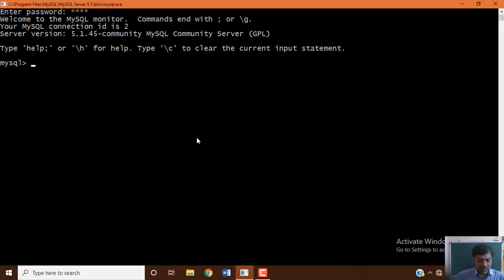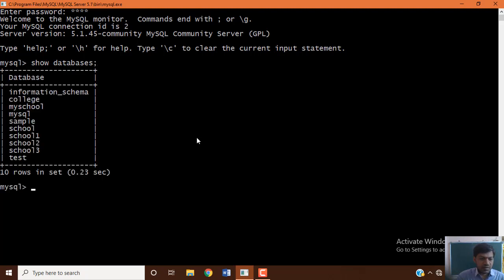First, if you want to see the list of databases, show databases. Now if you want to create a database, yes, you can create a database. Create database Bharat School.